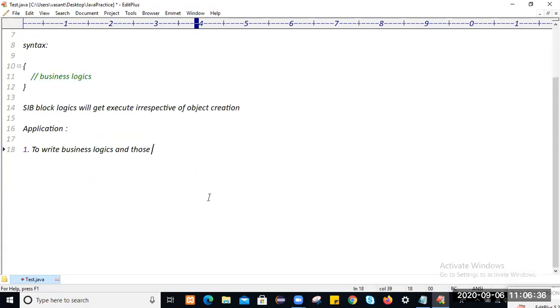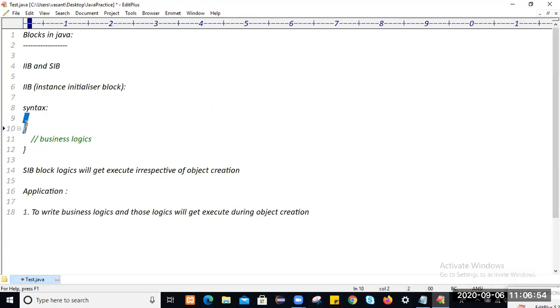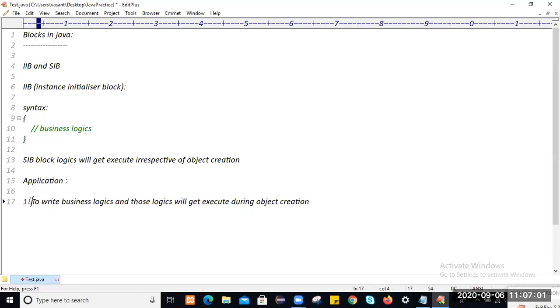Those logics will get executed during object creation. The moment you create an object, the instance block logics will get executed. For every object creation, the instance block logics will get executed. Simply we use the instance block to write business logic in Java.